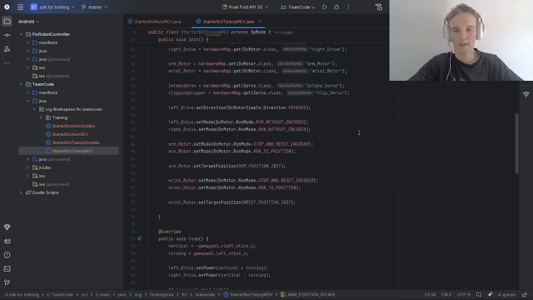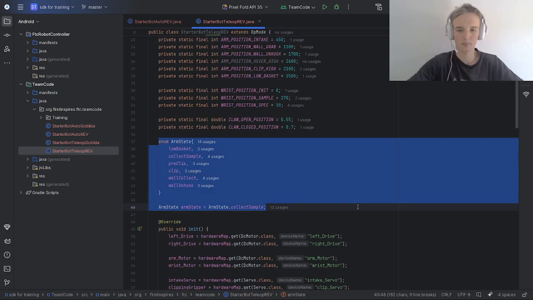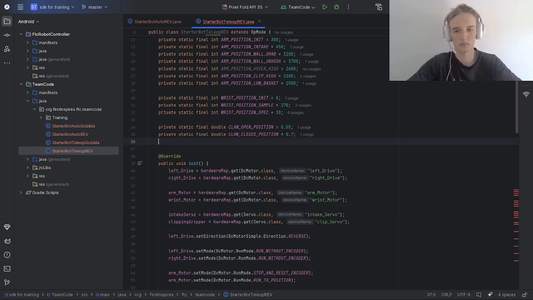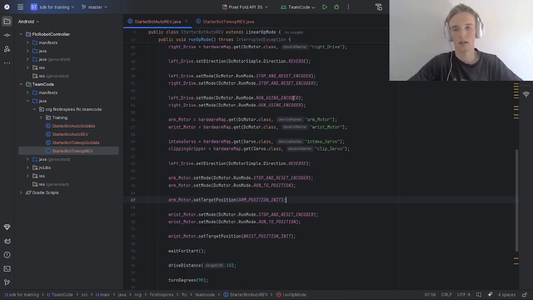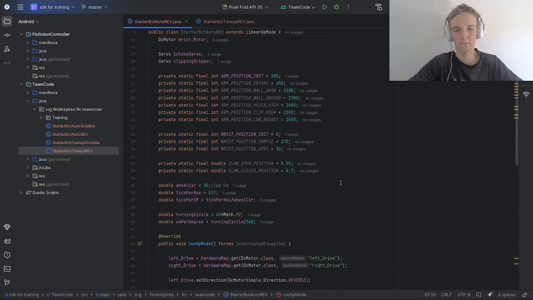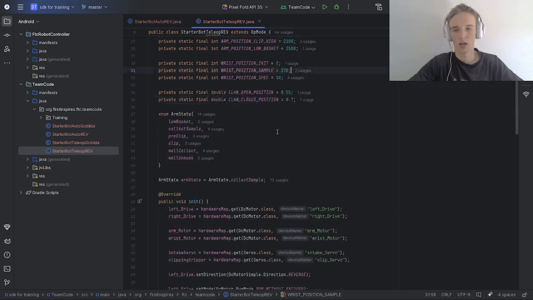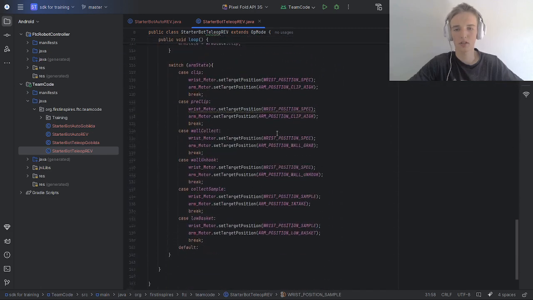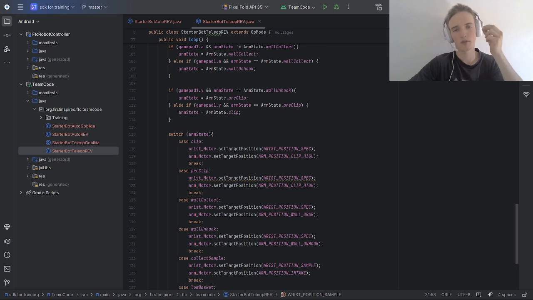Perfect. Okay, and then the other thing we need to add is we need to take our arm state right over here. And then we need to input this in right here. And then what we need to do for this is, it's slightly different control for the auto